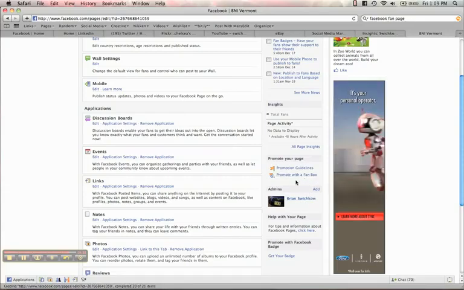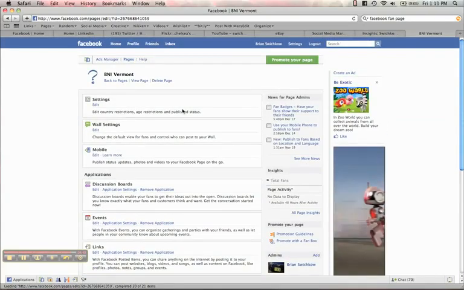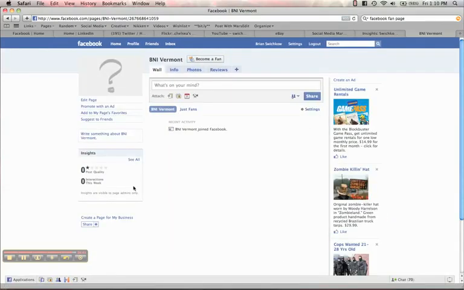Now, over here you have edit page, which we'll get to in a little bit. You can write something about it, which is a great way to get some extra information. And then here's your wall again, just like a personal profile. So one of the differences about a fan page rather than a profile page is that if you go into edit page, there's going to be